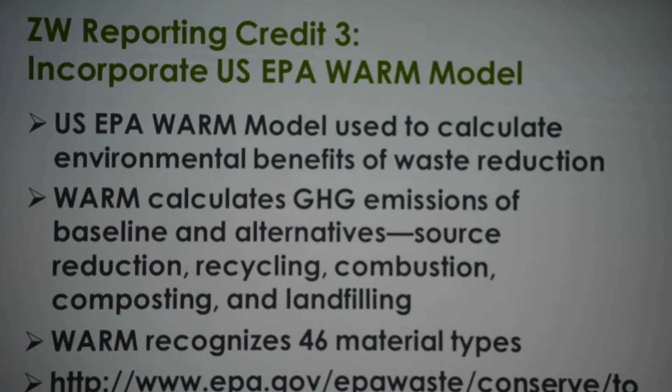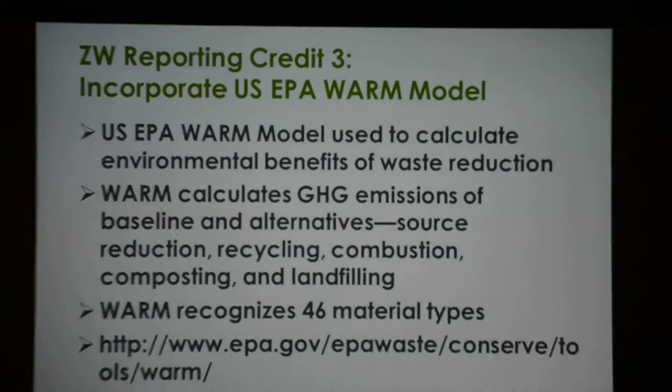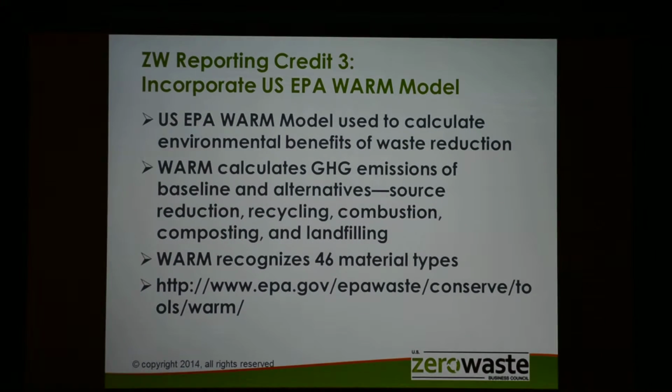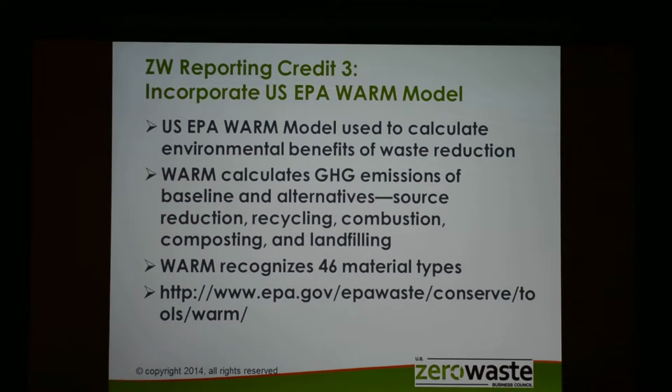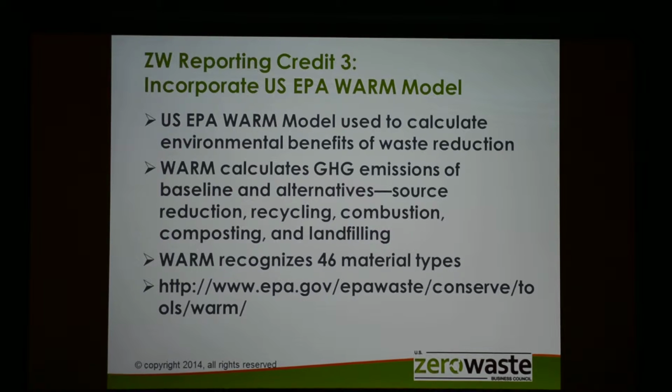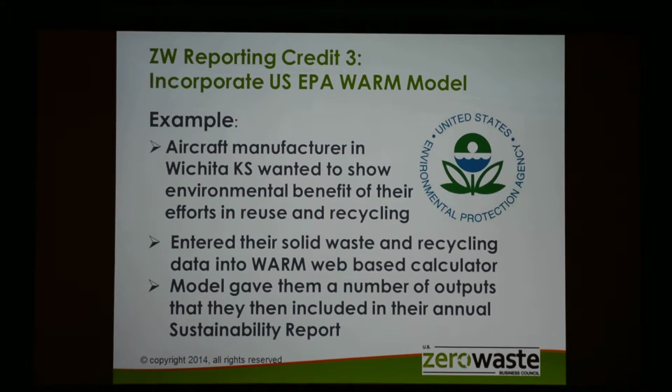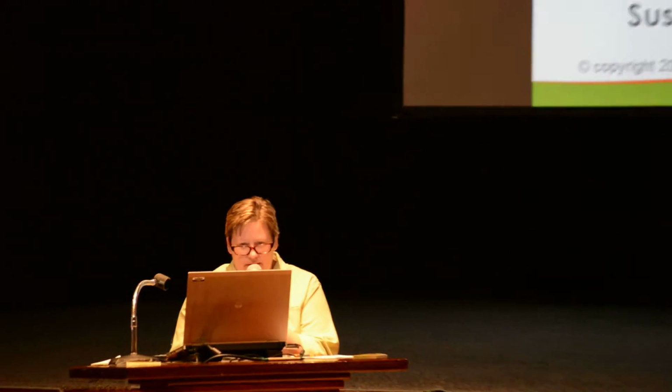Most of the other 2 items you really don't have a lot of questions on. They're pretty clean cut with your reporting. It is looking at the WARM model. I showed that very briefly in the environmental benefits model that I was showing about reduced greenhouse gas. It reduces your oil, cars on the road, etc. And then this is the WARM model working with the EPA. And they have a lot of documentation online. They just posted 2012 data, I believe, which says that the diversion's gone up another point or 2,